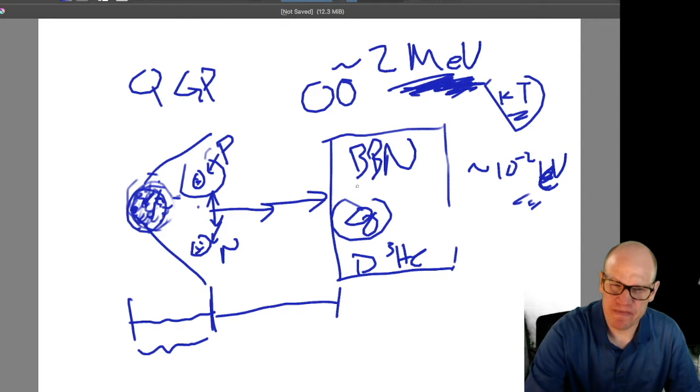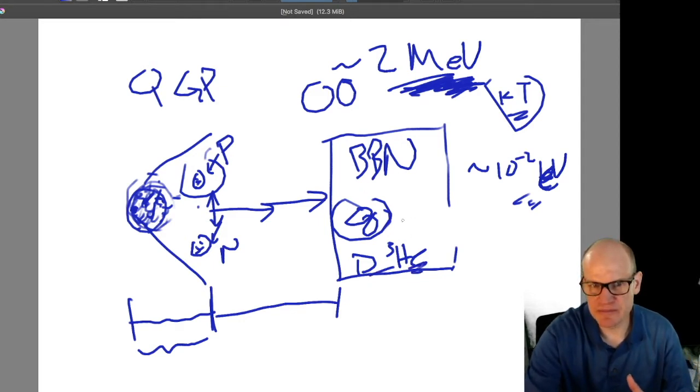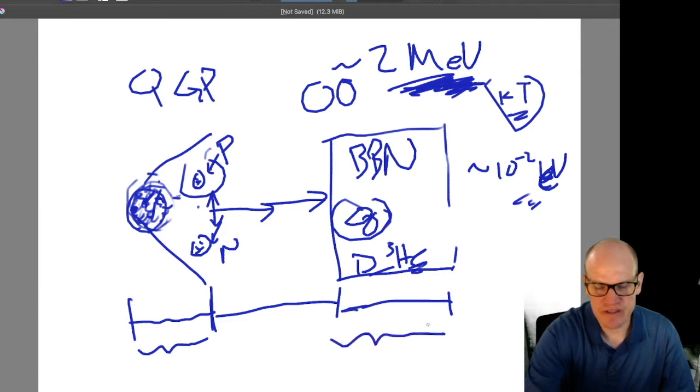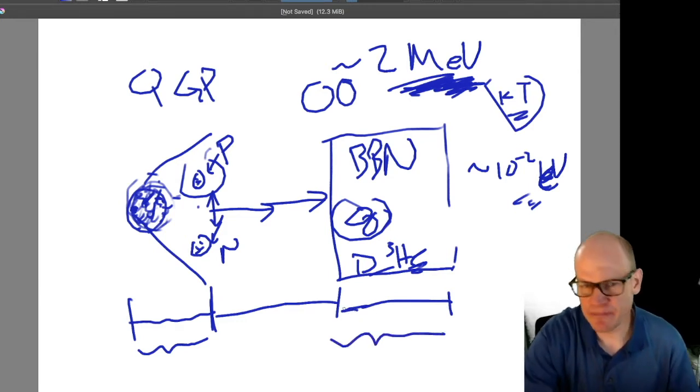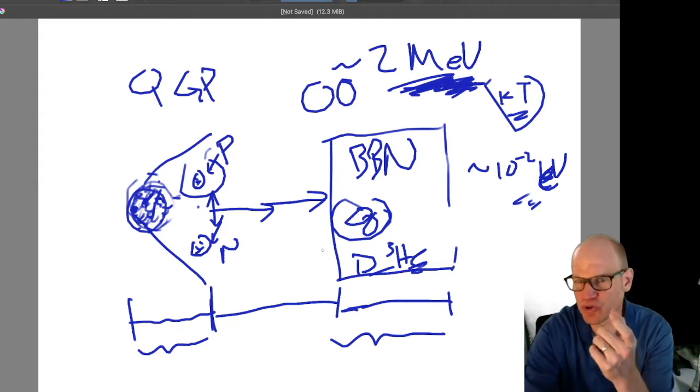Okay, so here's Big Bang nucleosynthesis. It is the formation of these light elements from the collisions of the protons and neutrons that live around. Now this lasts for a brief period of time, because it's the overlap of the period of time where the universe is dense enough for the collision timescale to be shorter than the neutron lifetime.